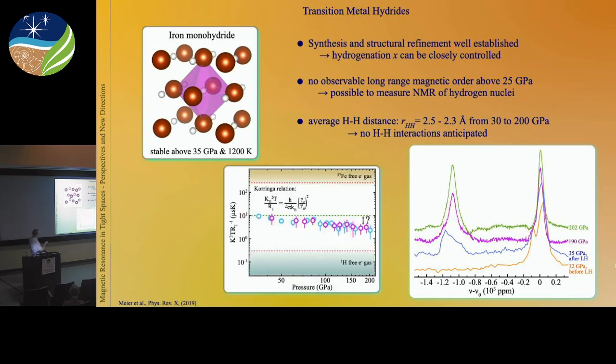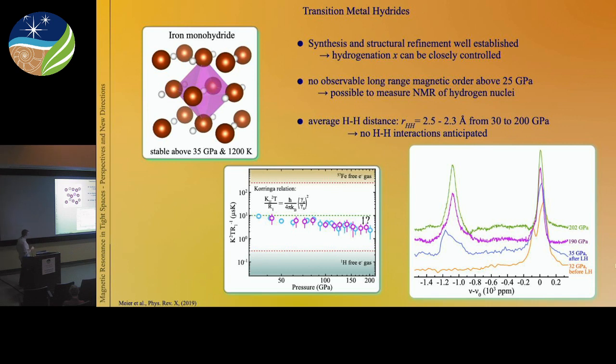The Korringa ratio tells you that if you square the shift, so basically the difference from this peak to this peak, and divide it by the relaxation times, you end up with something which is only dependent on natural constants, which should in fact be volume independent, which is apparently not the case. So at that point, we were almost at a loss, and we decided to have a closer look at